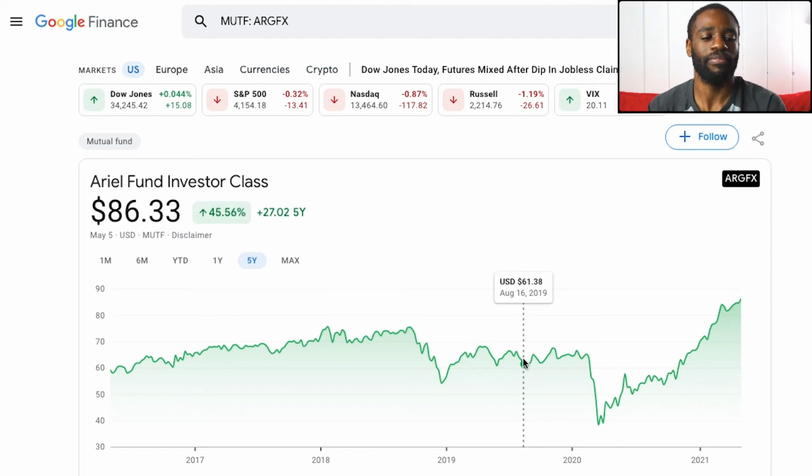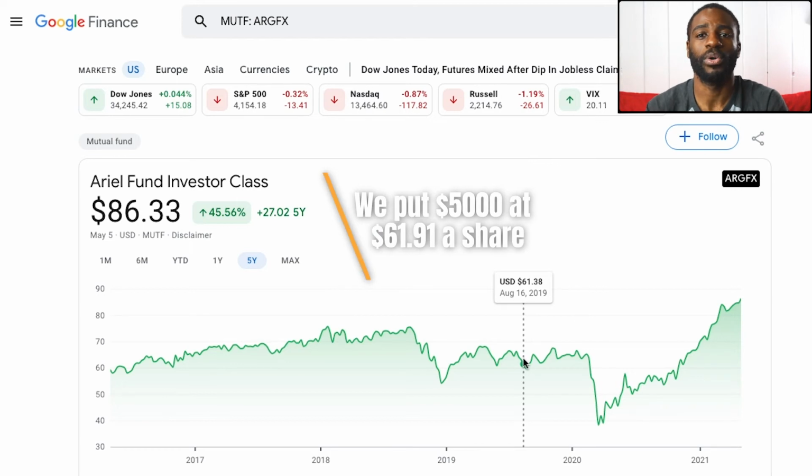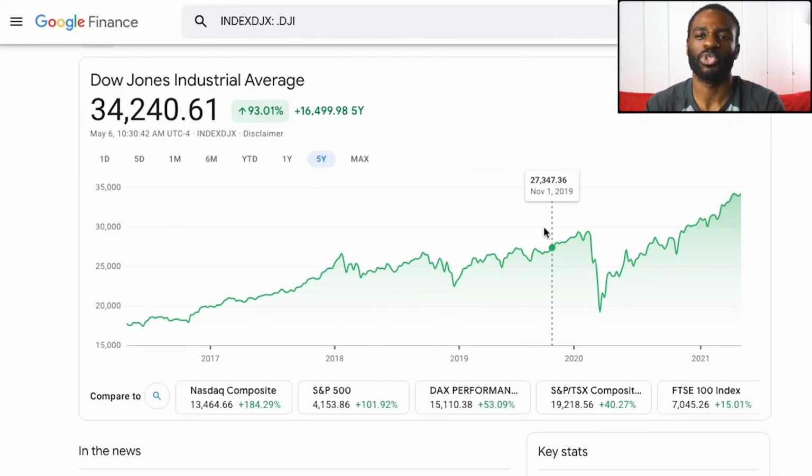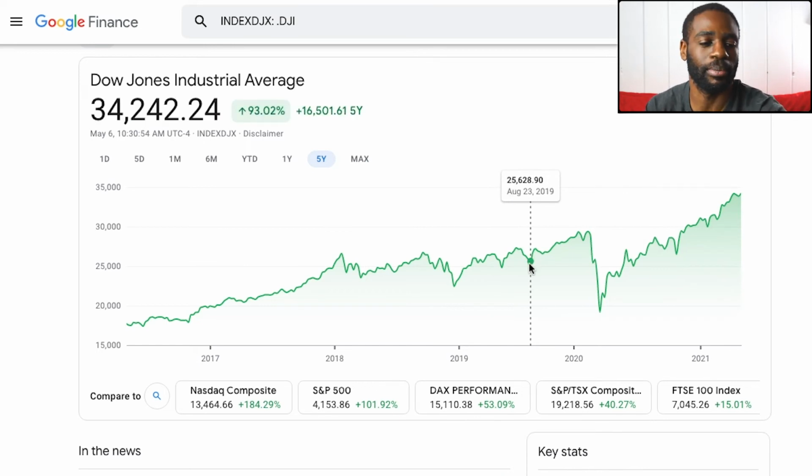So now let's say we put $5,000 towards this mutual fund, right? Remember, our goal is to return 10 to 15% of our money. So what we have to do is wait for a day where the Dow hits that much in points, which would be roughly 27,000 from the 23,000 that it was in. Not that the increase is going to be exactly the same percentage-wise, but if the Dow goes up, usually the mutual funds go up as well. That's just how it works. The percentages might be slightly off, but they'll go up together.